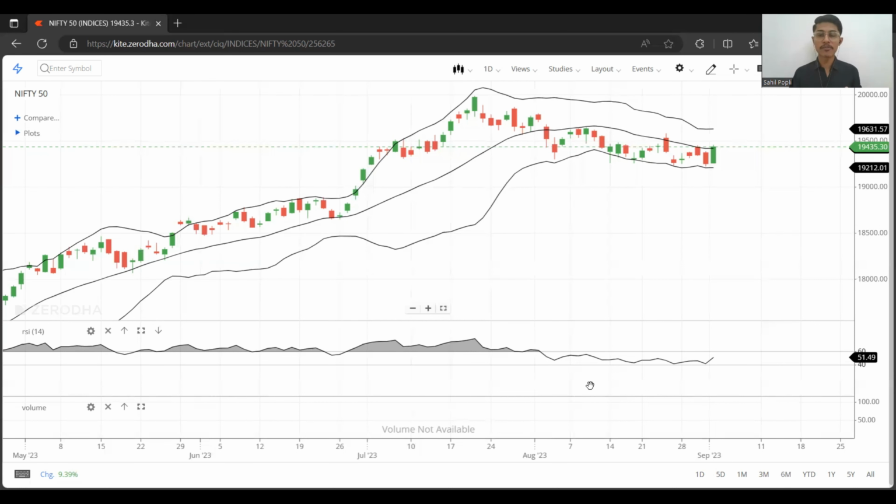It broke down of moving average as well. It was sustaining between 40-60, which means short-term trend is in a sideways zone. But at this point of time, like the current trend which I'm sharing right now on Friday, which was 1st